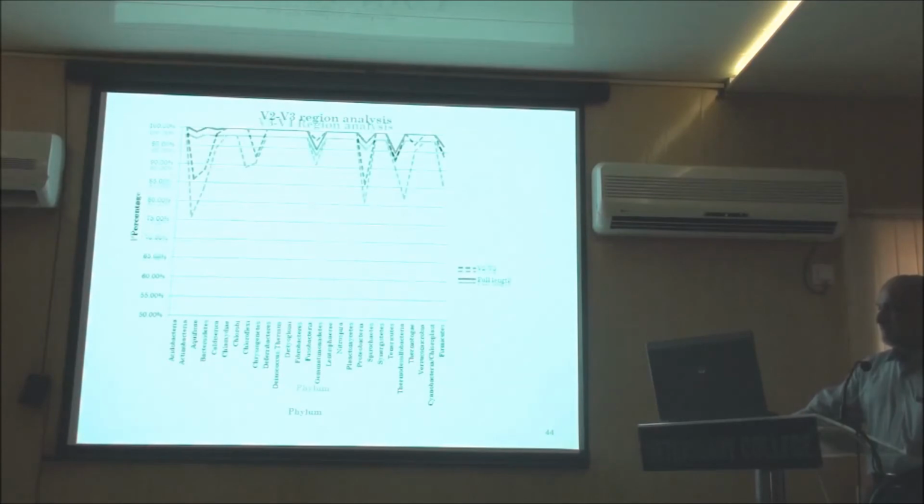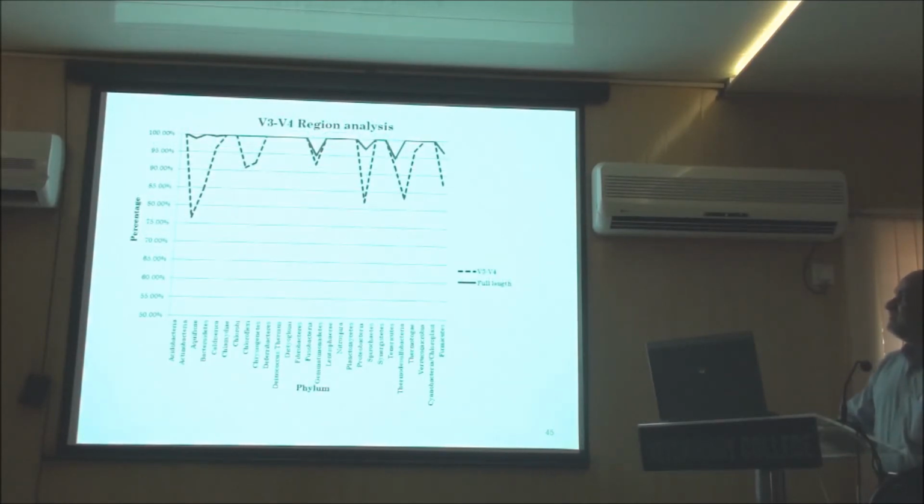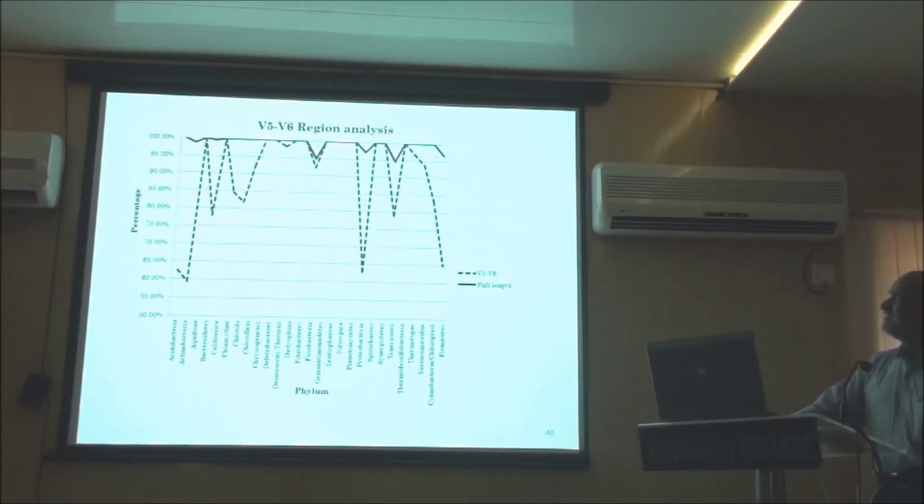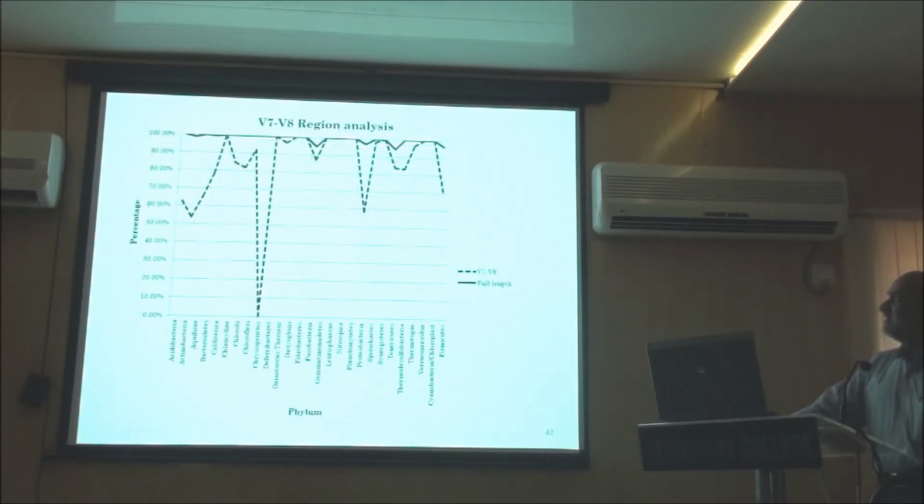And V3, V4 also gives you somewhat similar results, although for some taxa the assignment level is less than 80%. So again it emphasizes the fact that V3 region is probably the best region, and when you are using a combined region, V2, V3 performs better than V3, V4. So that is the conclusion which we can draw from this. So again other regions, V5, V6 you see are not doing very well, they fail for many taxa. V7, V8 region is very bad, doing very badly for taxa like this